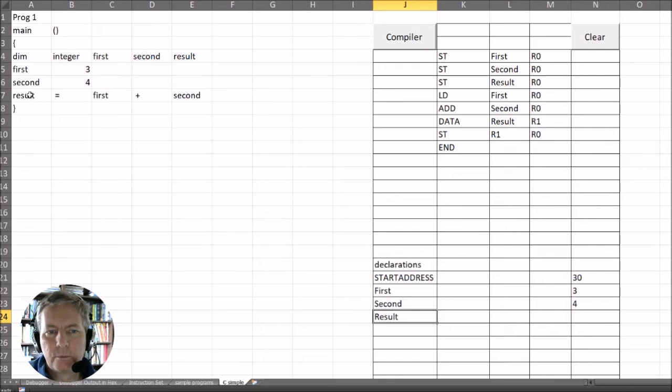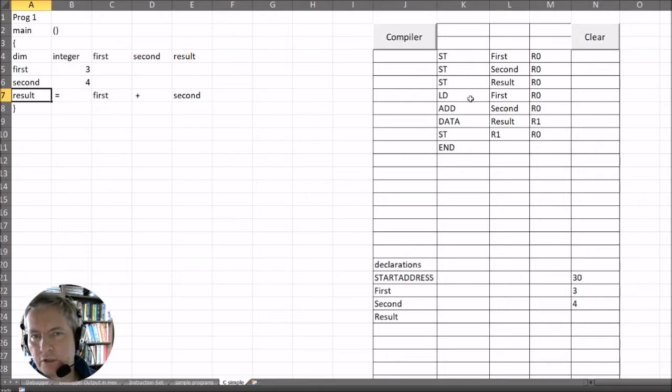And then finally we work out the actual result, and the result is first plus second. So this part here, we want to be able to write the whole of the assembly code that our machine will actually understand. Again, it's a bit contrived, but that doesn't matter. It's not as if it's a full compiler or anything like it. It's just a little bit of fun at the moment, just to show us that we can go from a high level language down through a